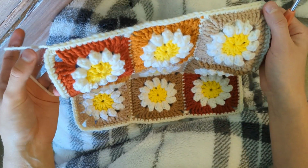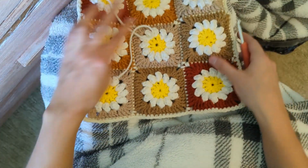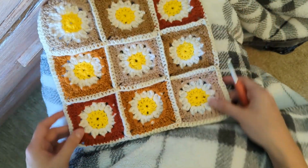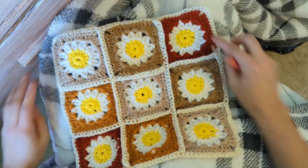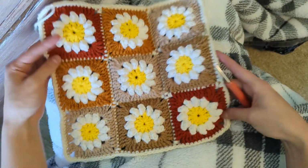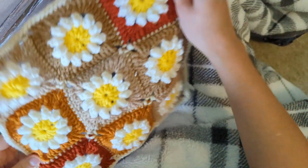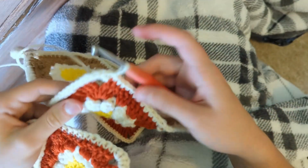We don't have to worry about weaving in ends because of the technique that I use. Anyway, as you can see, we don't have any loose ends anymore. They're all crocheted into the seams here, so that's nice and pretty. And now we just have to repeat that for the other side, and then we can slip stitch these two sides together. Alright friends, I finished the second edging, and I am not going to fasten off on this one